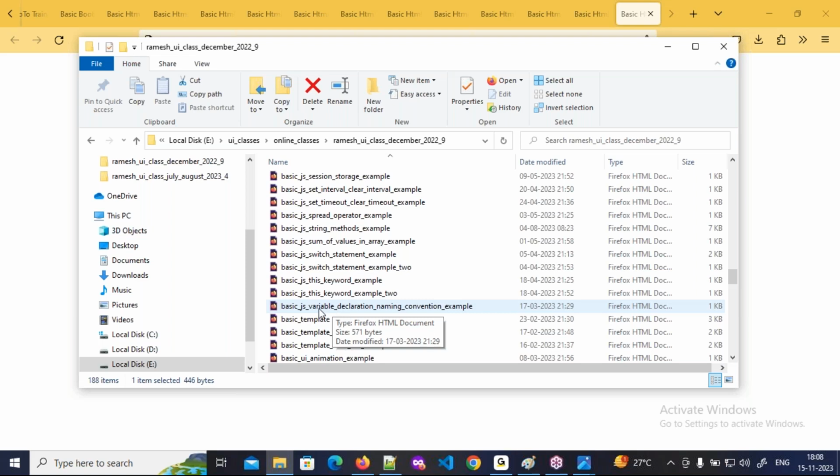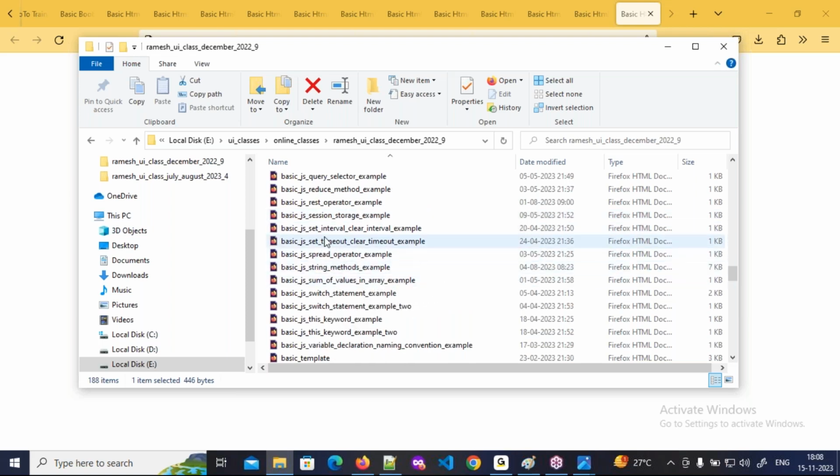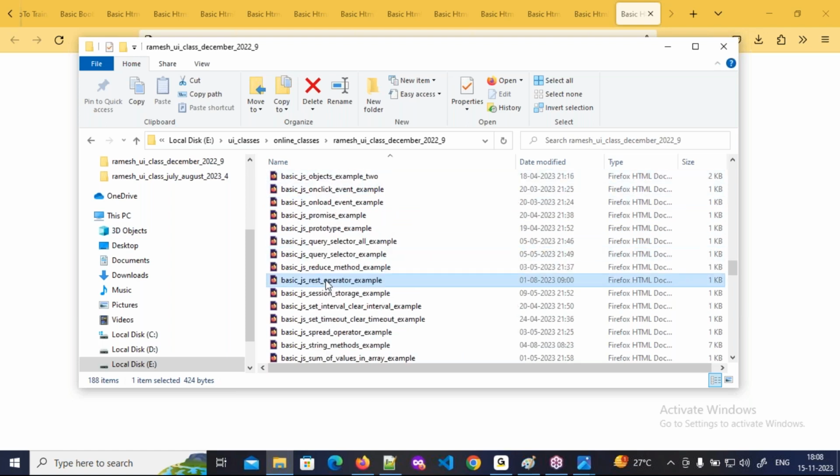See it, I'm starting from variable declarations onwards. This keyword, then the switch statement, then sum of values in an array, string methods, spread operator, which is very, very important. Then setTimeout, clearTimeout, I told already. setInterval, clearInterval, session storage, rest operator, reduce method, querySelector, latest element selectors, querySelectorAll, prototype, promise,